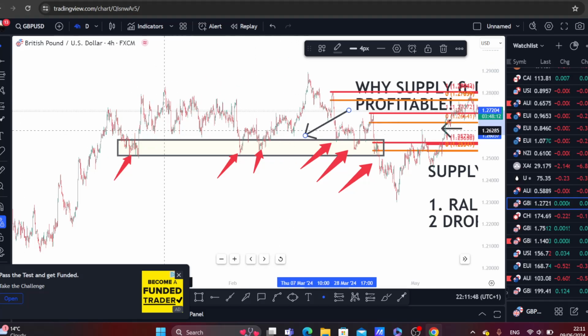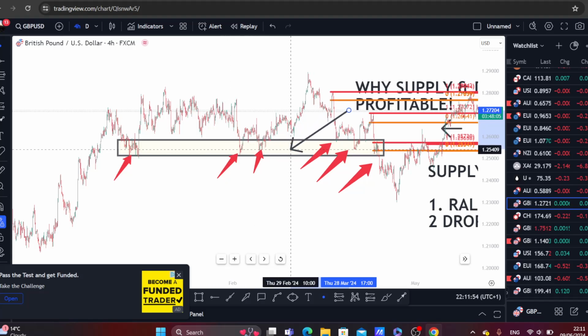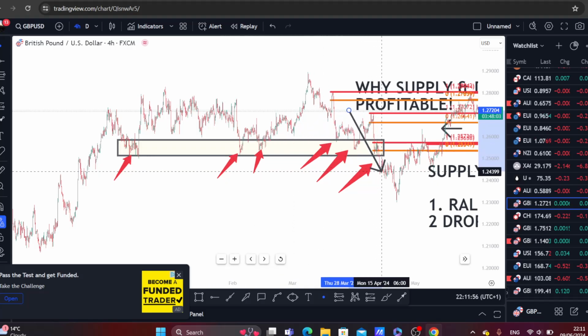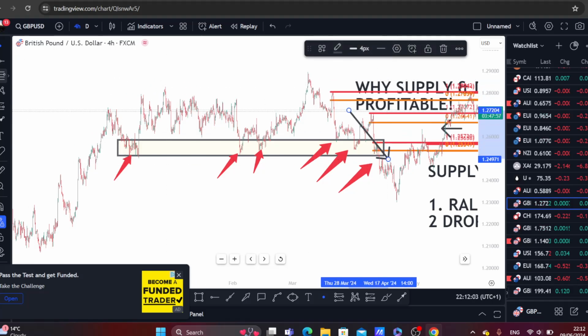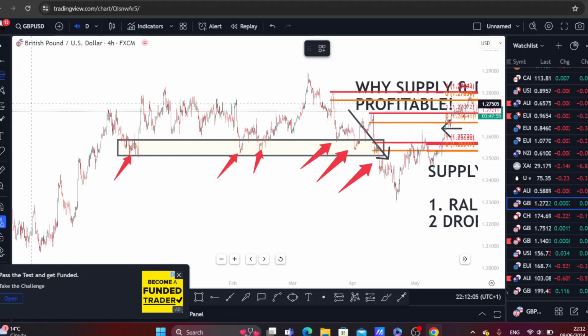What I do is I wait for all this to happen. So I wait for support and resistance traders to take the trade, the breakout traders to take the trade, retracement traders to take the trade, and then this is where the supply and demand comes in. So once you understand the concept, then you will know where to take your trade. So